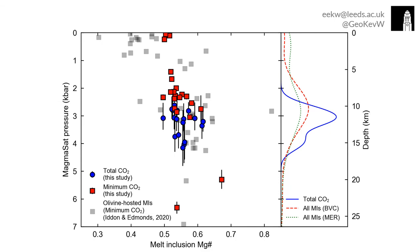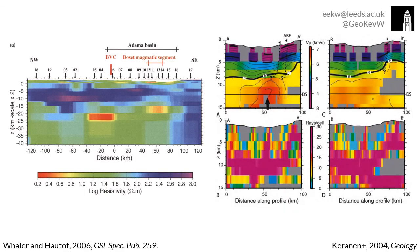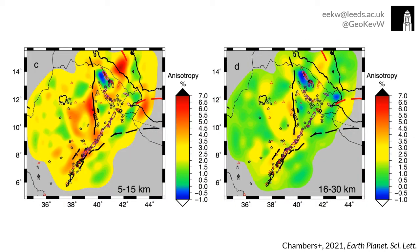And such a view is already mostly supported by geophysical studies, which suggest, for example, from magnetotelluric surveys on the left-hand side and seismic tomography on the right-hand side, that there are these high conductivity, high P-wave regions present at mid-crustal depths under the Ethiopian Rift, which can now be supported by my own petrological observations as being stacked sills. So finally, I'm going to end on more recent work by Emma Chambers, who has identified